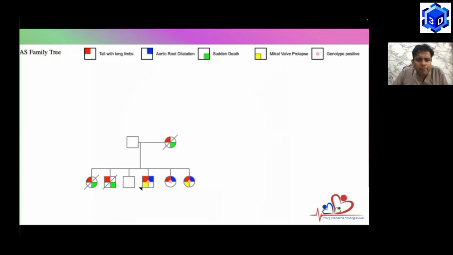And this is what had happened to multiple family members. So you can see that this boy's mother was also tall with long limbs, and she died suddenly at 35 years of age. He had two elder siblings, a girl and a boy, both of whom had tall, long limbs, and both of whom died between 20 to 25 years of age. He had an elder brother who was normal. He was tall with long limbs. He had a large aorta, and he